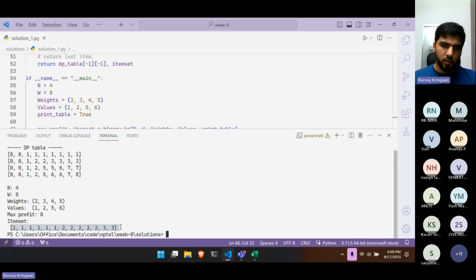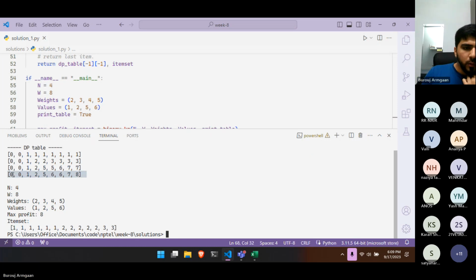Yeah, so it says this is the item set. Can you figure out the problem? The thing is the DP table goes through the entire row and it will also compute these values. And sometimes in these values, it will basically include the item, but that may not be part of the final